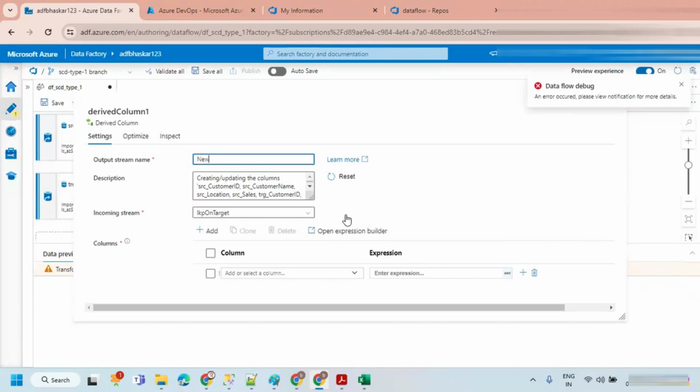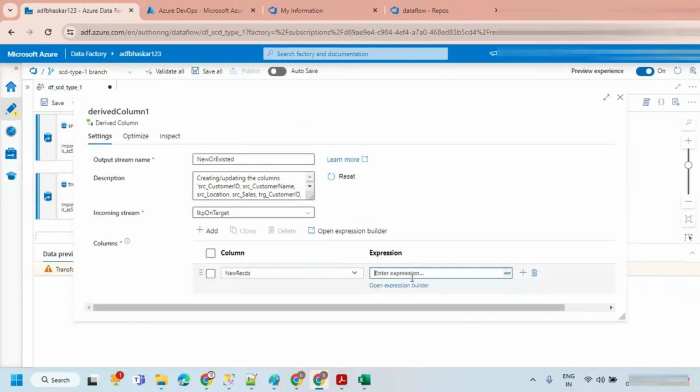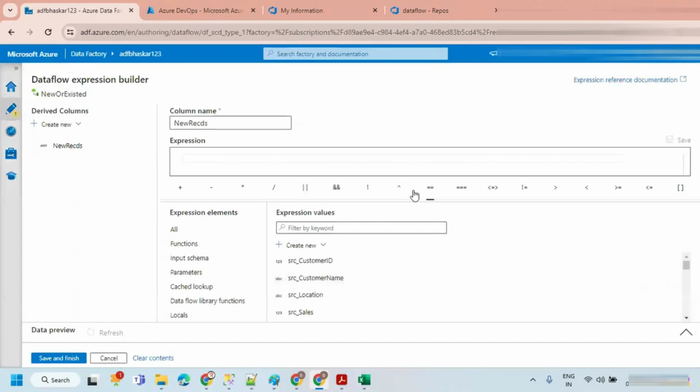Let me say new or existed. New or existed, I'm just giving. So first, new records. For this one, we can say it is a new record if the target customer ID is null. If it is null, then we can say it is a new record, right? So for this one,